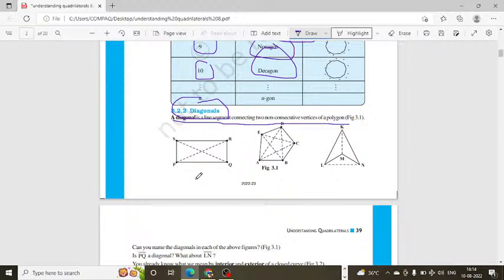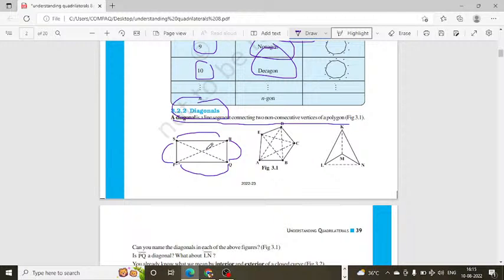consecutive points क्या होते हैं. Consecutive points वो होते हैं जो आस पास होते हैं, जैसे PQ, RQ, SP एंड SR. बट यहाँ पे डायगोनल के बारे में बताया गया है कि डायगोनल इज अ लाइन सेगमेंट कनेक्टिंग टू नॉन कंसेक्यूटिव वर्टिसेस. सो जो काफ़ी दूर हैं, आप देख सकते हैं Q से S काफ़ी दूर है, P से R काफ़ी दूर है. सो जब हम S से Q को ज्वाइन करेंगे एंड R से P को ज्वाइन करेंगे, इसे हम कहेंगे डायगोनल।